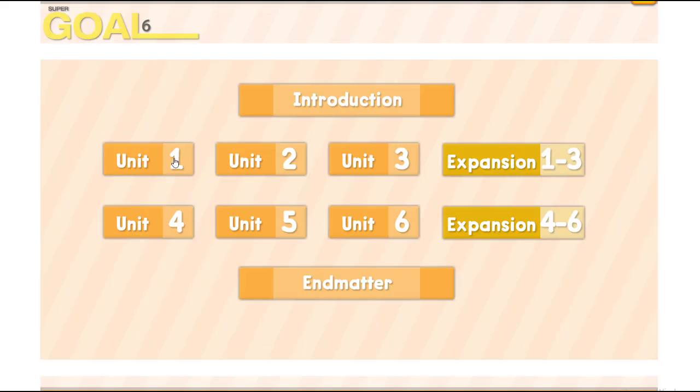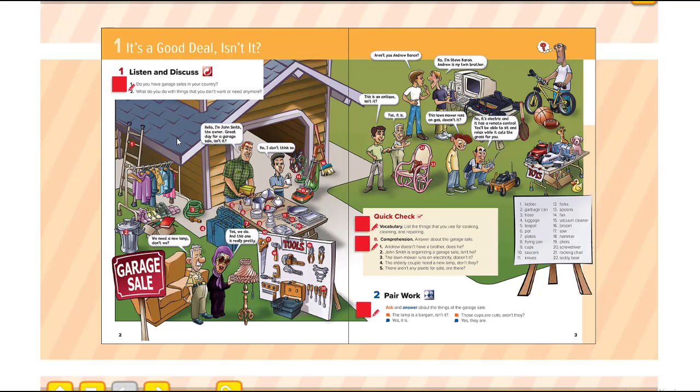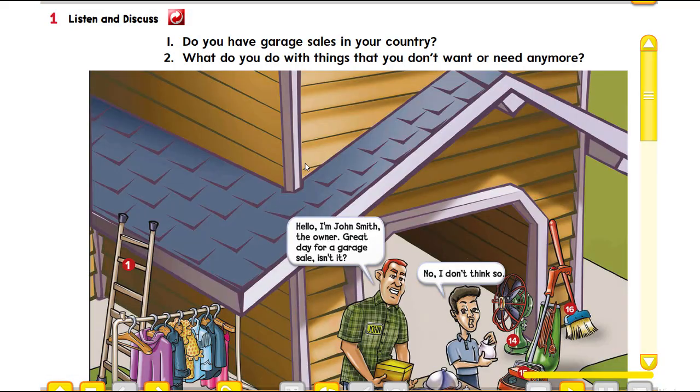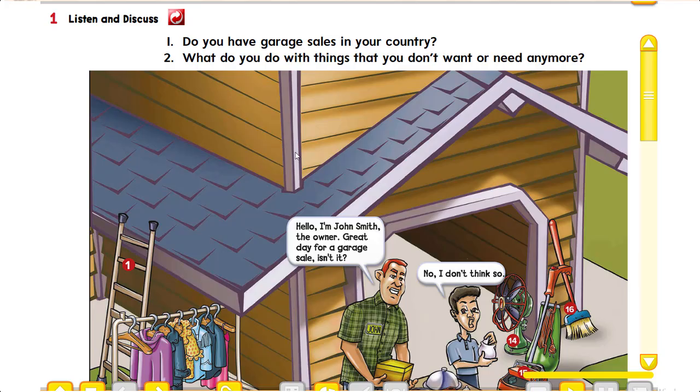Super Goal 6, Unit 1. It's a good deal, isn't it? إنها صفقة رائعة، أليس كذلك؟ Do you have garage sales in your country? هل يوجد لديك مزاد للأدوات في بلدك؟ What do you do with things that you don't want or need anymore? ما الذي تفعله في الأشياء التي تستغني عنها؟